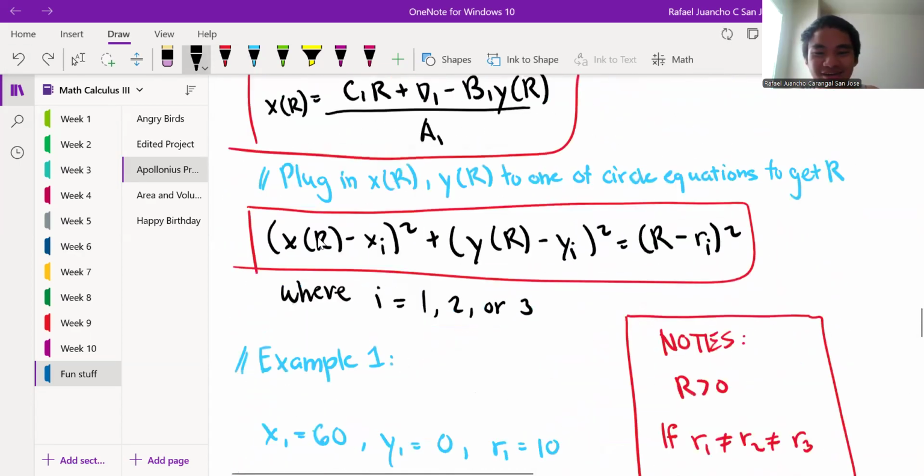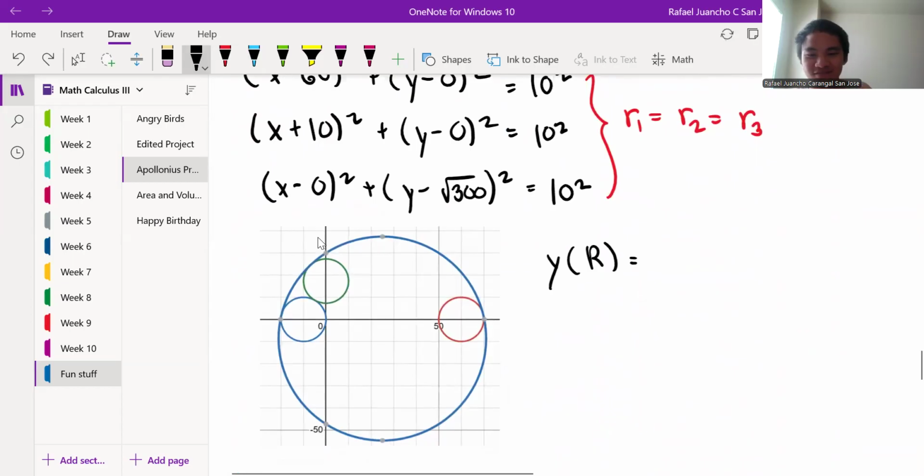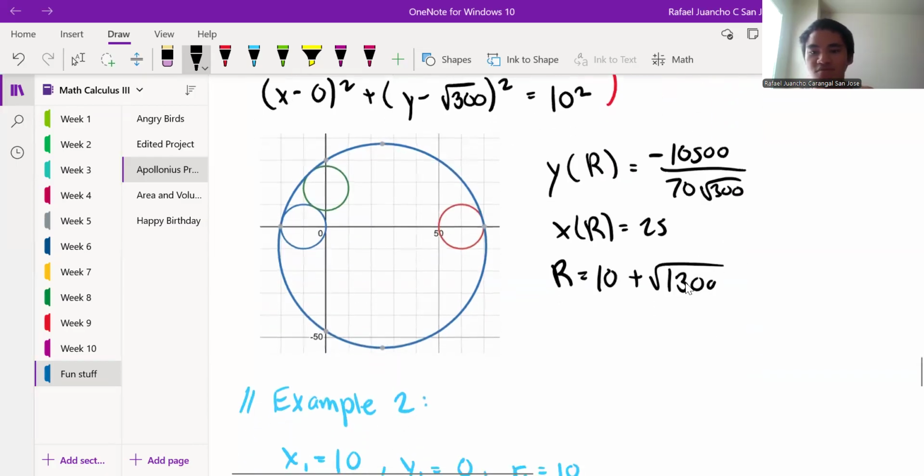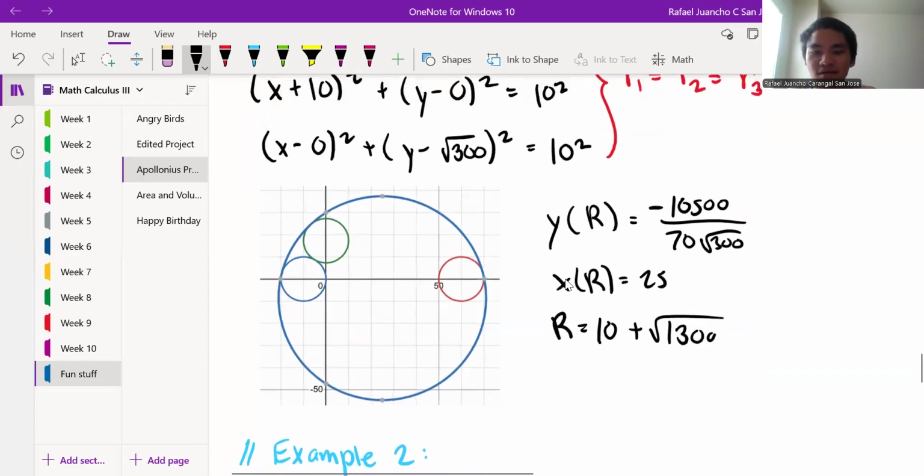Okay. Yeah, so my Y of R is, oh shoot, I forgot what it was. 10500. I think it was that. Yeah, yeah. And then my X was 75 or 25. It's my bad. Then my R was, I had to choose. And here I chose the positive because that one, 10 plus, right? So I had to choose from there. But yeah,